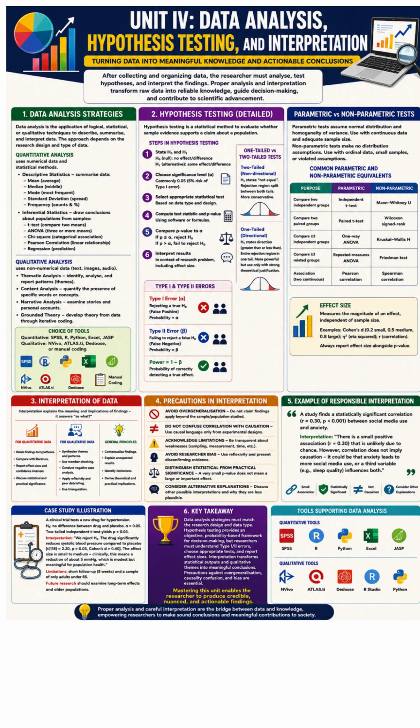Because the p-value is less than 0.05, the null hypothesis is rejected. The researcher concludes that the medication significantly reduces systolic blood pressure compared to the placebo. The effect size represented by Cohen's d is 0.4, indicating a small to moderate effect. From a practical perspective, the medication reduces blood pressure by approximately 5 millimeters of mercury (mmHg), which may have meaningful